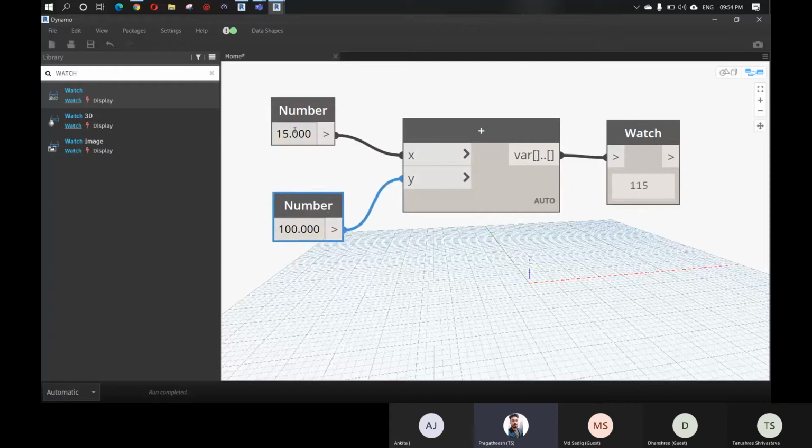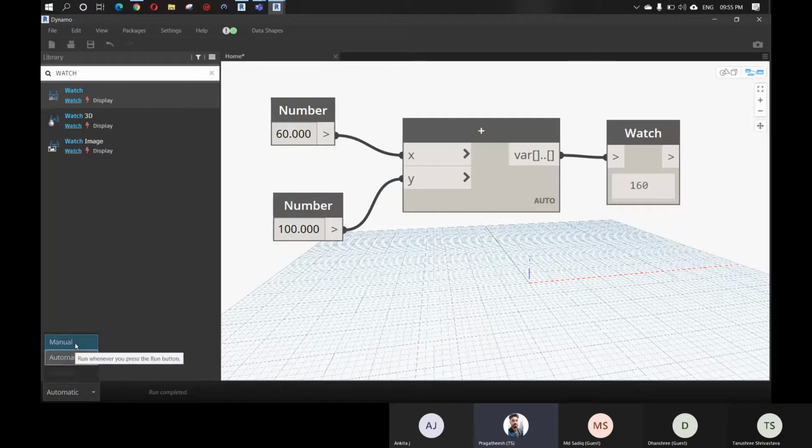As I change these values, this watch is also changing because this program is running automatically. Here in the bottom left corner, you can see it says automatic and it says when completed, right? When it is in automatic mode, whatever you do here, the program runs automatically. For example, if I change this to 60, you can see it runs automatically.